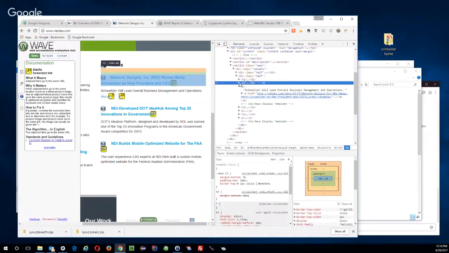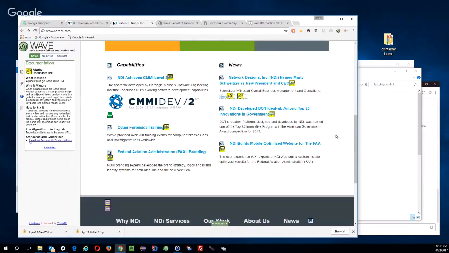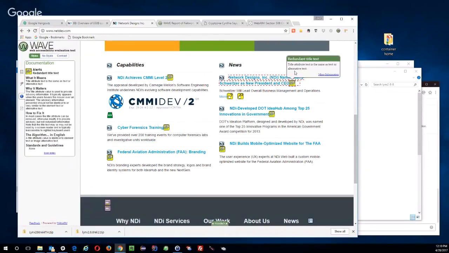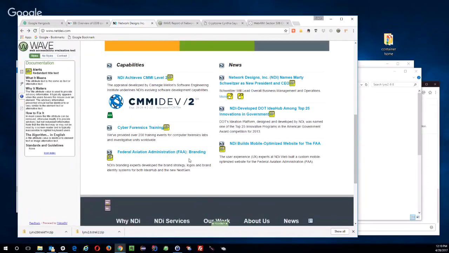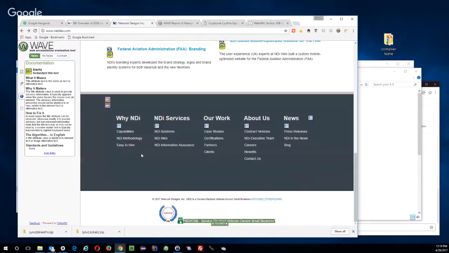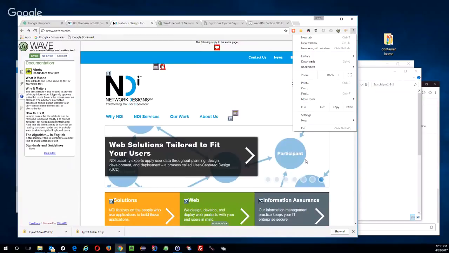So in the H3, yep. So that's the first link, and then the more is the second link. So it is again, it's just redundant. So interesting. Title attribute text is the same as the text or the alternative text, which I don't particularly have an issue with. Although you don't need a title when it's fully legible in an H3. So anyway, this is the built-in tool. So we're going to walk through real quick,